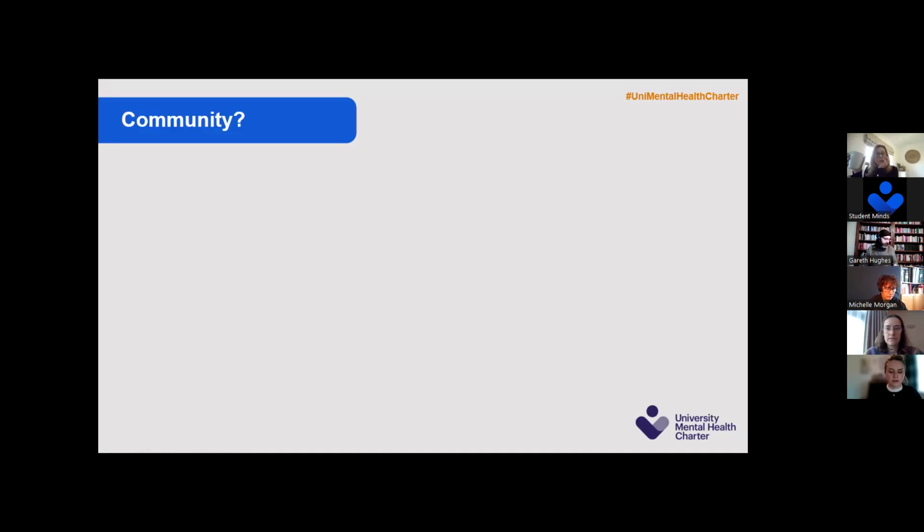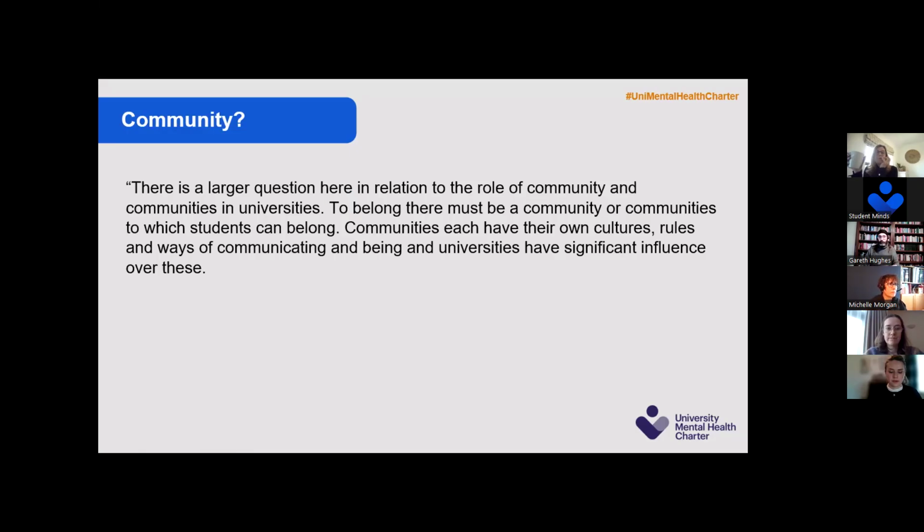Another one of the problems that we have is that when we talk about community, I don't think we're really sure what we're talking about. So what community do we mean? Is it really possible to have one community that is the university? Or actually, do we have multiple communities within universities? And how do those communities then relate to each other? Because each community, by the definition of what a community is, is going to develop its own culture, its own rules, the ways people talk to each other, the way they communicate with each other. Universities will, of course, influence those if the communities are within the university, but they might exist quite separately.